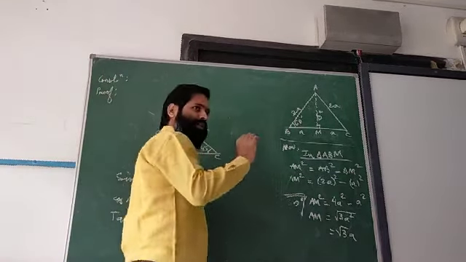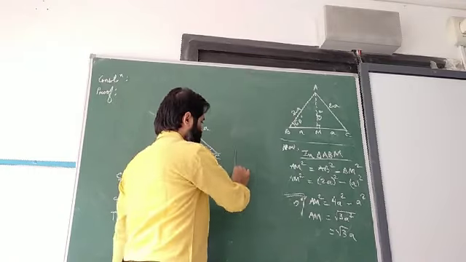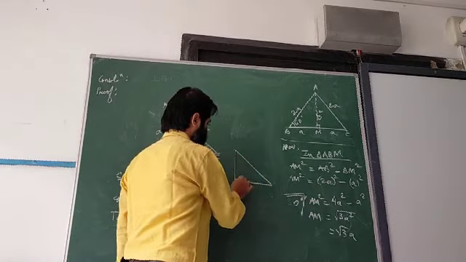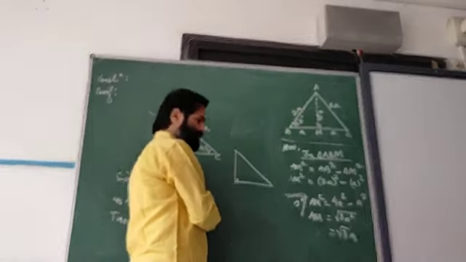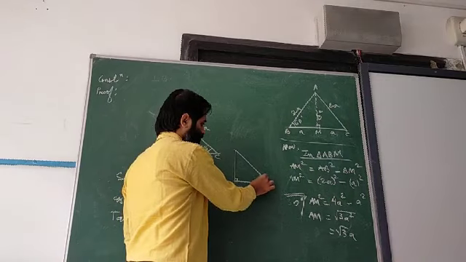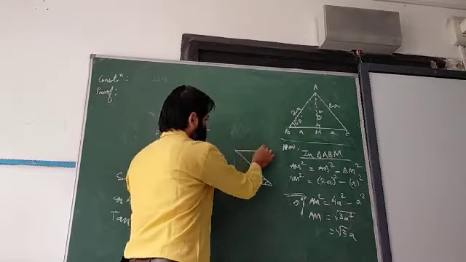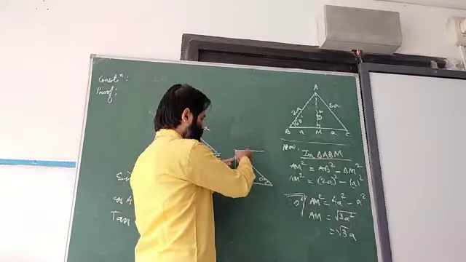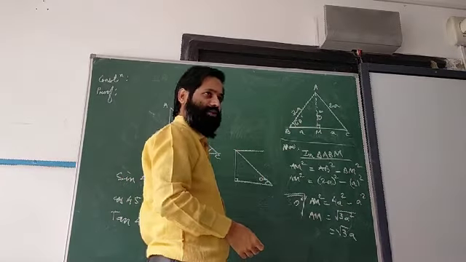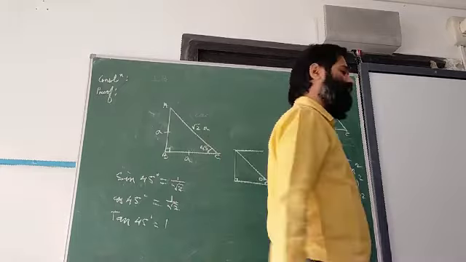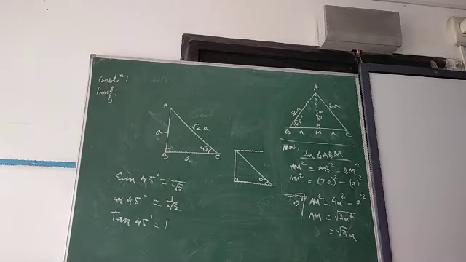Trigonometry is applicable in a right angle triangle. This is 90 degree. If this is 0 degree, then this would be 90, and it must be like this. So how will it form a triangle? Okay, so that's why that has not been taken. That means no need to solve that. If you want, you can check it from preparation.